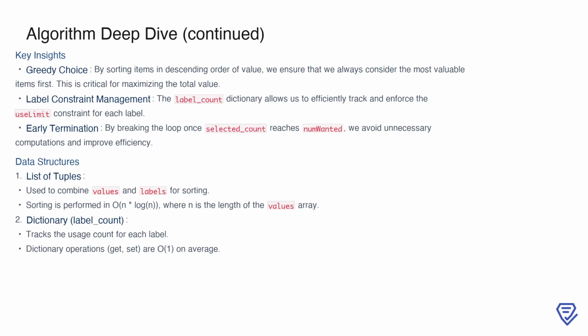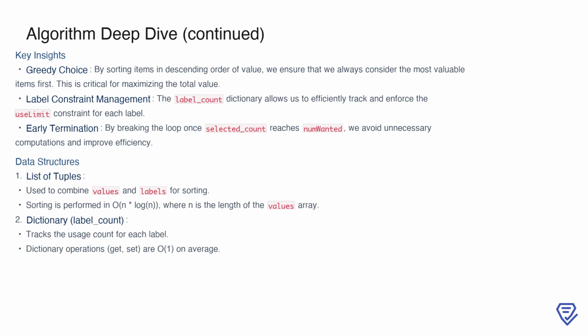There are a few important insights that make this algorithm efficient. First, the greedy approach of sorting items by value ensures we always consider the most valuable items first, which is critical for maximizing the total. Second, the label_count dictionary provides an efficient way to enforce the use_limit constraint for each label, allowing us to skip invalid items quickly. Finally, by breaking the loop early when selected_count reaches num_wanted, we avoid unnecessary computations, improving